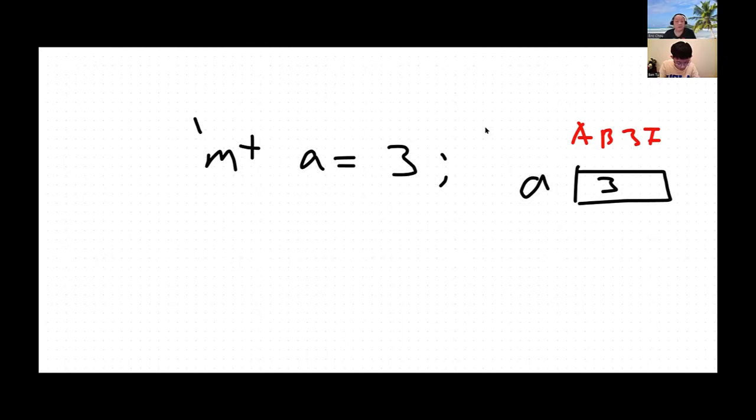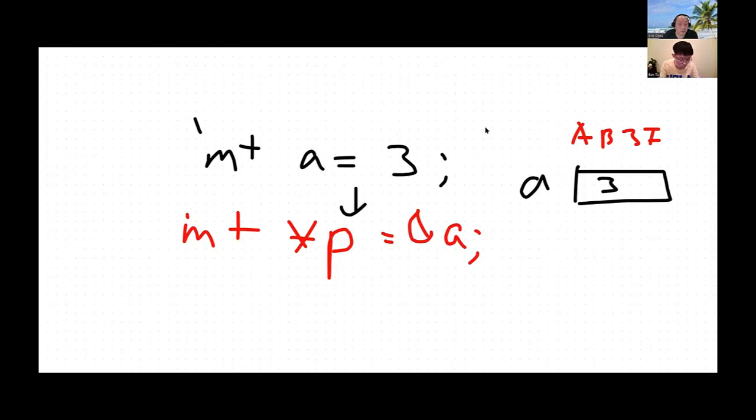Okay? Yeah. We can actually declare the pointer p equals the address of a. What does this mean? This means that p's body